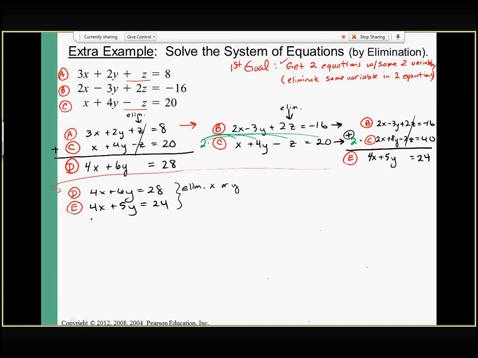Well, if I look at the x's, if I subtract, I can eliminate my x's. But some people have a hard time with subtracting. So what they'll do instead is they'll multiply negative 1 times E. And if you do negative 1 times E, then